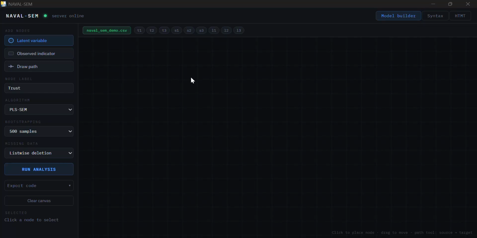This is NAVAL-SEM. It's an offline desktop application for structural equation modeling (SEM) that I've been building primarily to reduce software access friction for research students, especially in contexts where the commercial structural equation modeling tools are expensive or difficult to access. The idea started very simply. There is a real accessibility problem. I wanted to see whether a modern offline structural equation modeling workflow could be made available as an open and